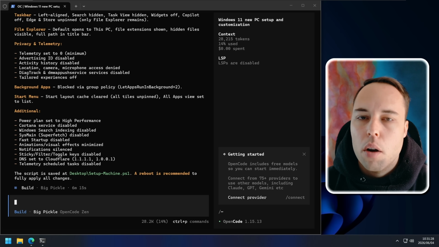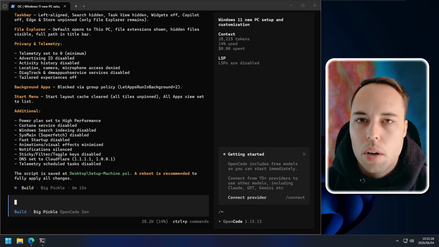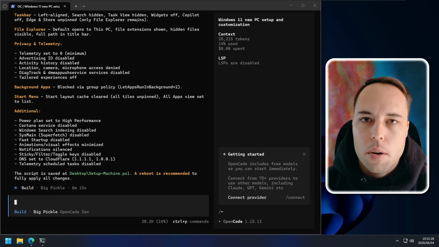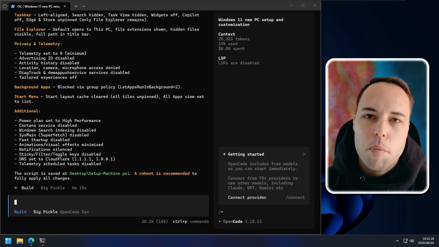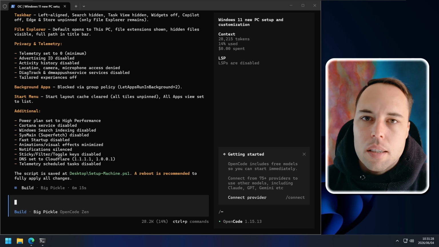I've been using Claude Code for more than a year now, and I haven't had to use anything else because it's been working so well. But it is expensive, and I do think when it comes to actually developing software, running software, then Claude Code is the clear winner. But for these types of PowerShell scripts or these computer use cases that I tried to show you in this video, these free models completely nailed it inside of OpenCode. So I am really pleasantly surprised about that.